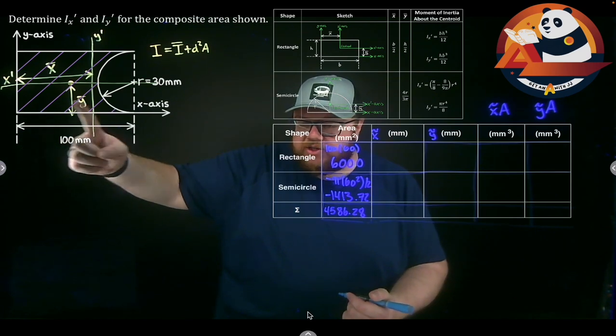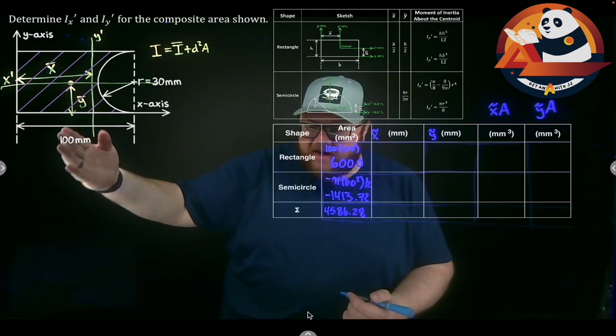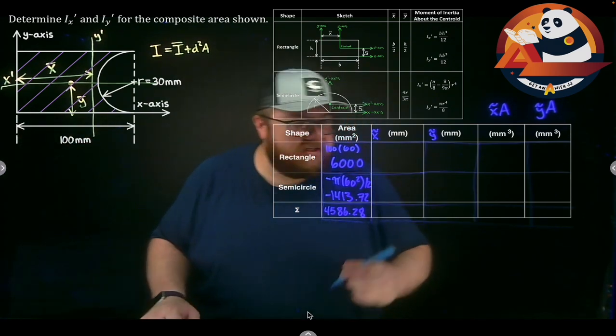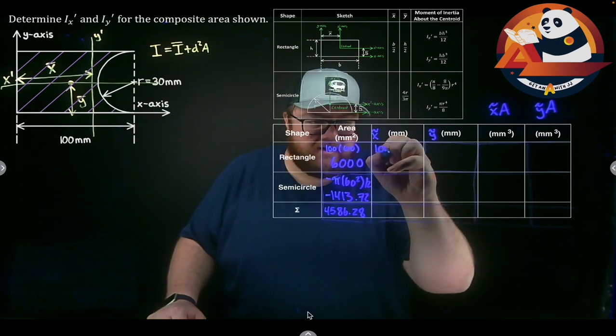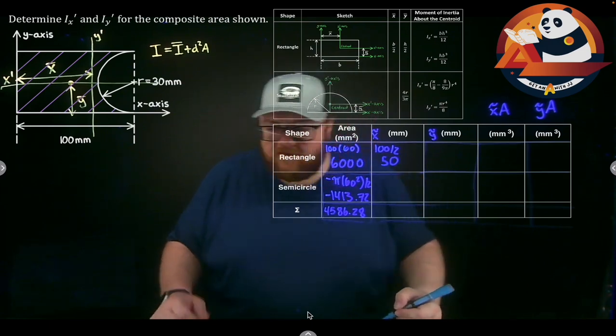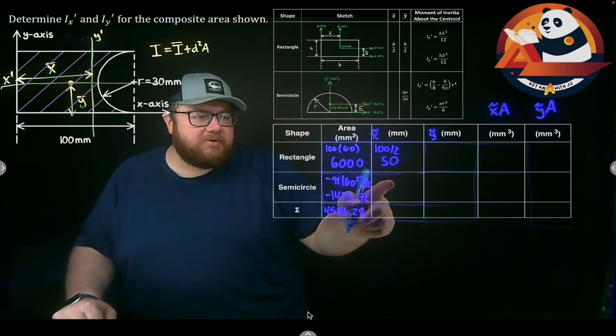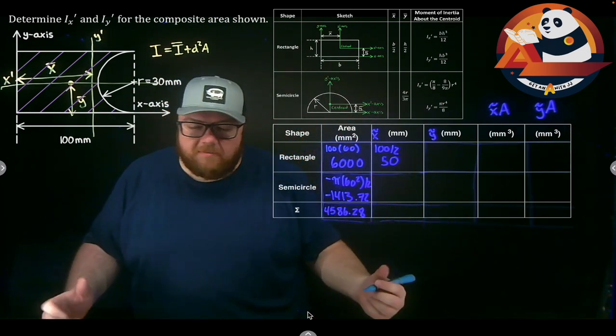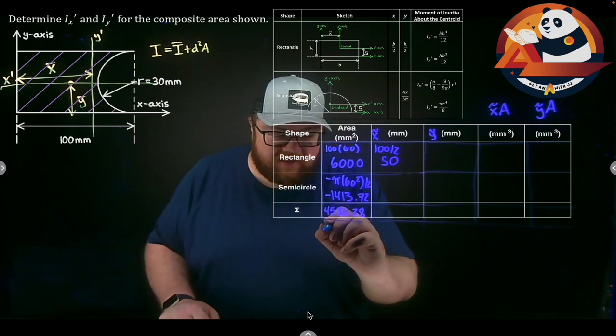For my first shape, that would just be half the base. Half of 100 is 50. 100 over 2, 50. For this next one, I'm going to write it out down below because it's kind of a messier equation. So my x tilde